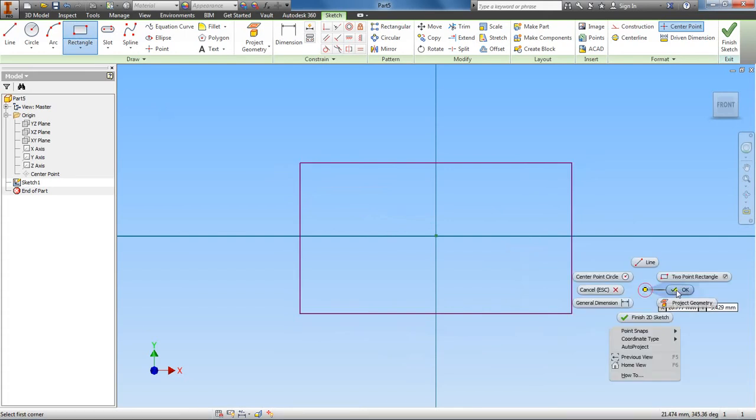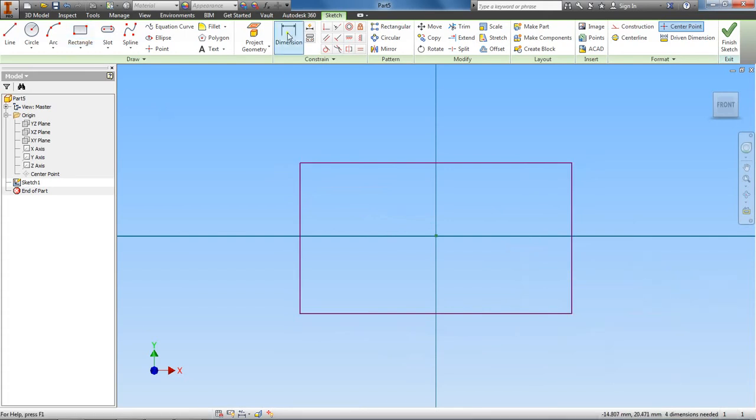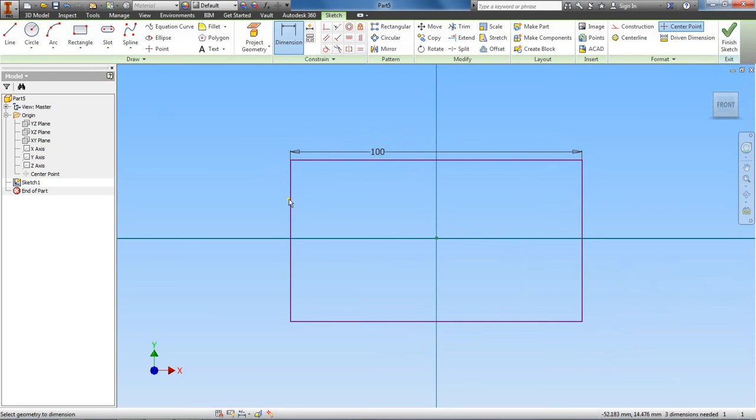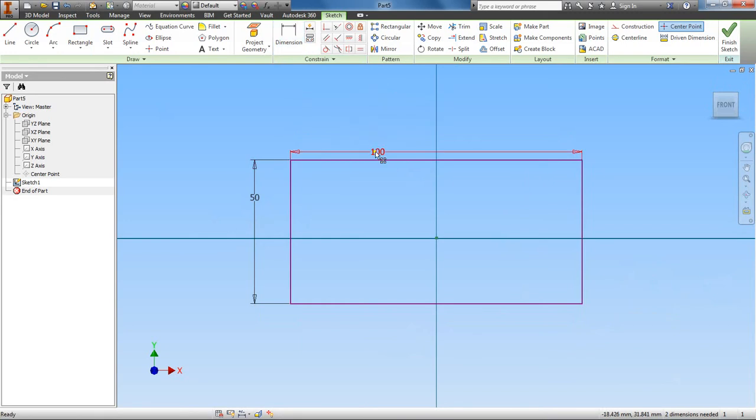All right, and let's go ahead and dimension this. The length will be 100, and then the width will be 50. Okay, and let's make sure that we constrain or make this centered about the origin, so vertically,